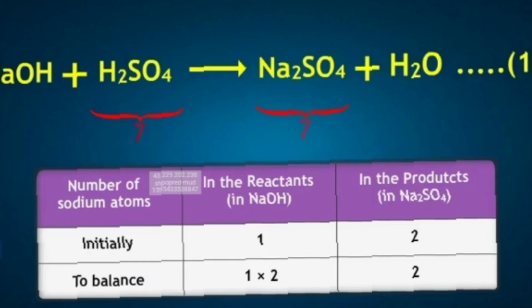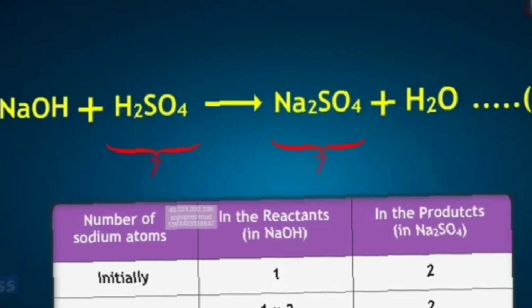Here I will do it. See, Na2 is there here, and here I am having Na. So what is the thing? I cannot write it as Na2. I cannot change the formula. What I can do is write 2 here. This is how I am going to balance, right? But remember, when I write 2 here, it means I am taking 2 molecules of NaOH. So O will also increase and H will also increase. Remember that.